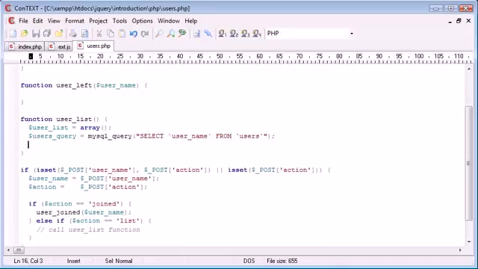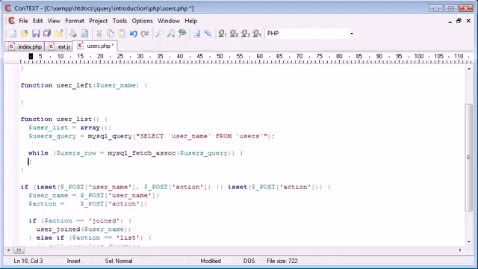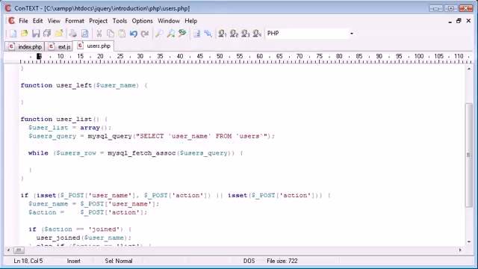So now we can go ahead and actually run a loop to loop through every name in this list. So while users row is equal to mysql fetch assoc, which fetches an associative array from users query, we can go ahead and actually output something here. Or not output something, but we want to store each value in an element of users list array. So users list, and then remember our square brackets because we're just adding to this array. Users list is equal to users row